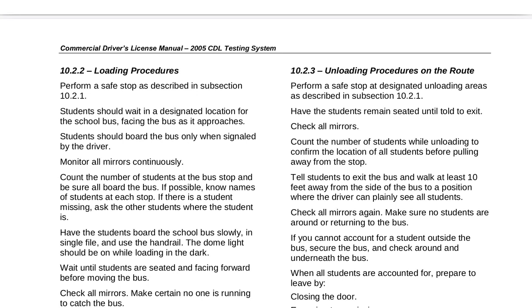10.2.3 Unloading procedures on the route. Perform a safe stop at designated unloading areas as described in subsection 10.2.1. Have the students remain seated until told to exit. Check all mirrors. Count the number of students while unloading to confirm the location of all students before pulling away